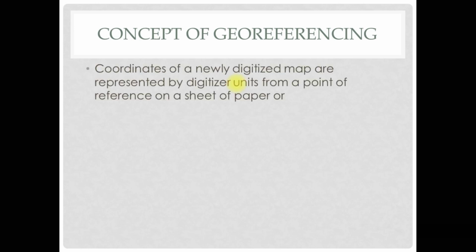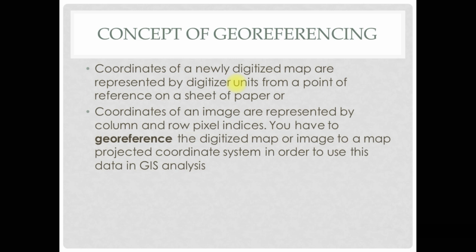And here starts the concept of georeferencing, when we need it. So coordinates of a newly digitized map are represented by digitizer units from a point of reference on a sheet of paper, or coordinates of an image are represented by column and row pixel indexes. You have to georeference a digitized map or image to a map projected coordinate system in order to use this